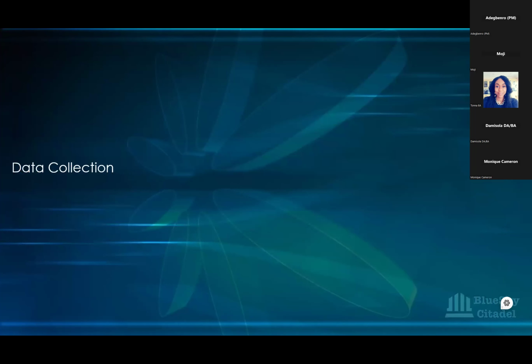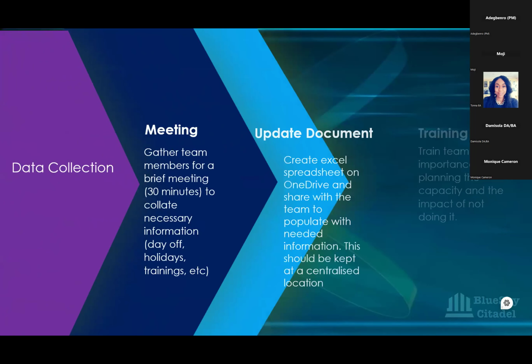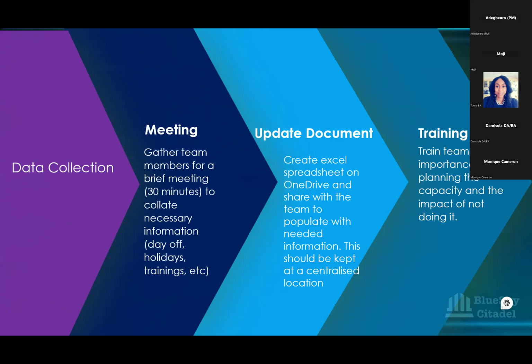Okay, so how do we gather all that information? How do we gather the data for the team? So I'll say, definitely for a team that has maybe just started and is not aware of what capacity is all about, a new team like the ones you have, you would definitely as a Scrum Master need to coach your team